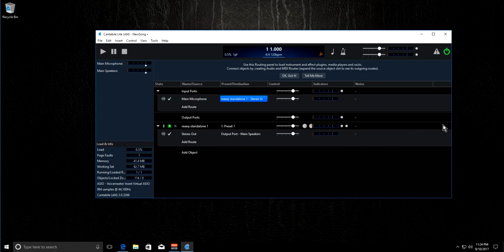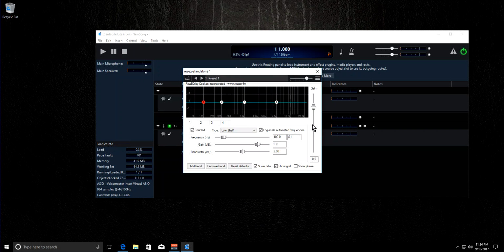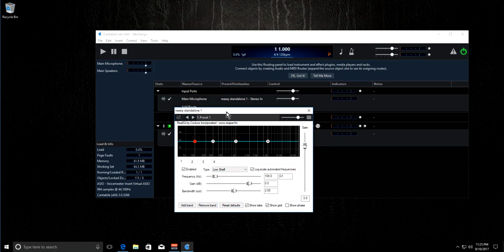Now, you have no idea how to set all this stuff up. There are dials and all sorts of stuff in this line, and I'll tell you right now, we're not going to use a single one of them. Relax, we're good there. See where this thing says ReEQ standalone? Double click it. Now we just get into the regular setup that Reaper expected us to work with,